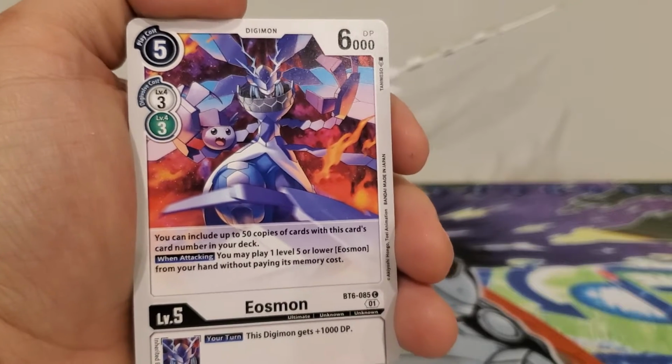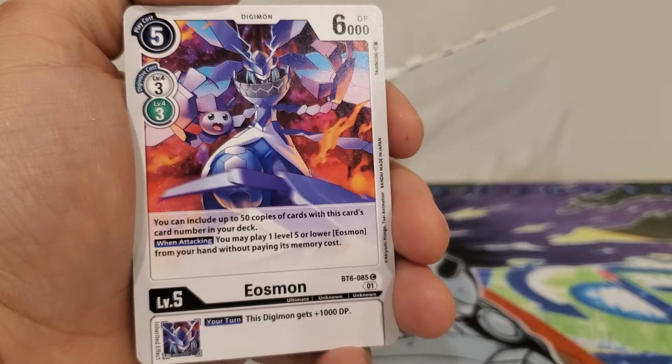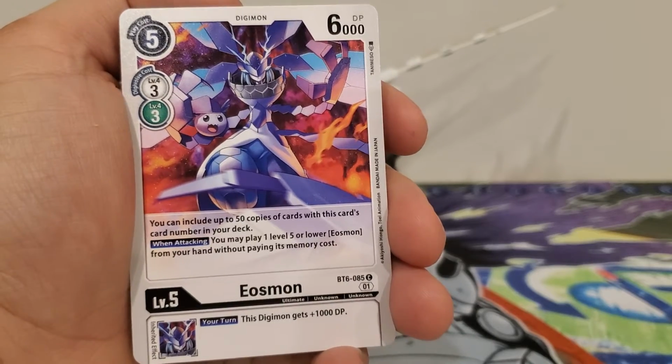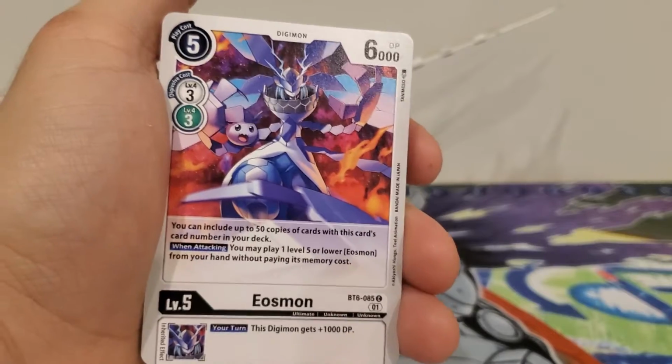And just pay 5 memory, put 1 out, and then swing and put out another one, and then continue to swing and just continue to put them out. It's an interesting swarming capability. I'm interested to see how this one works, because the only other card that I can think that's like this